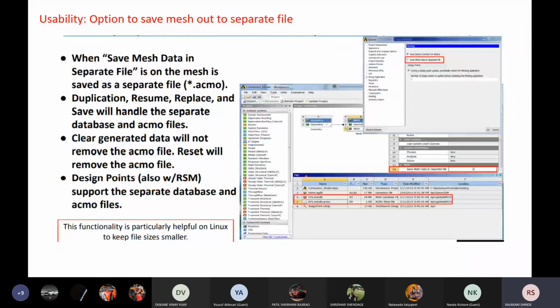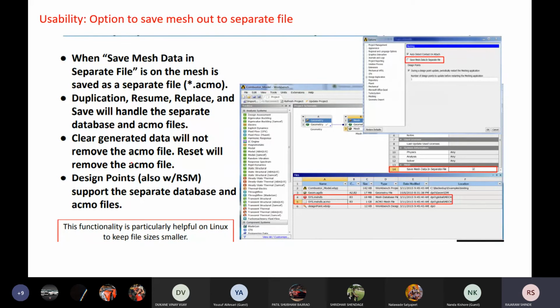Now see here the usability option to save the mesh in a separate file. When save mesh data in a separate file is on, the mesh is saved as a separate file and its extension is .acmo. Duplication, resume, replace, and save will handle the separate database and ACMO files. Clear generated data will not remove the ACMO file.